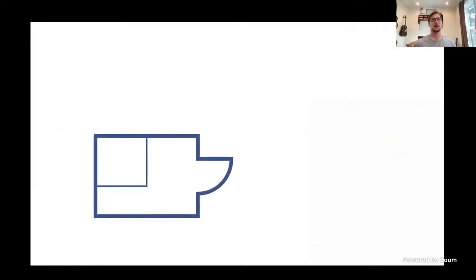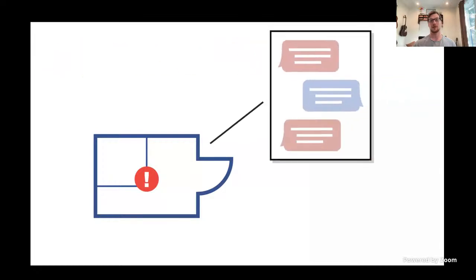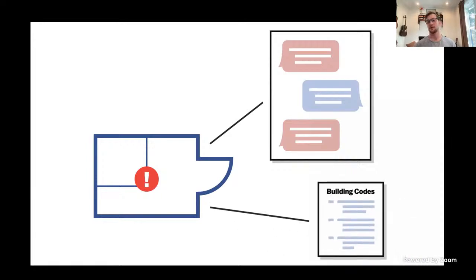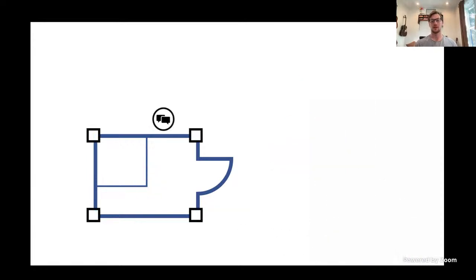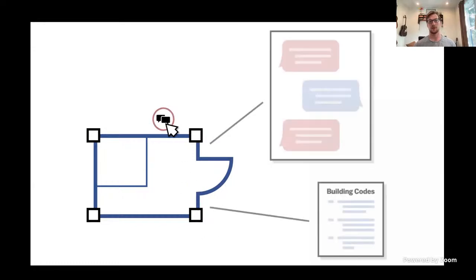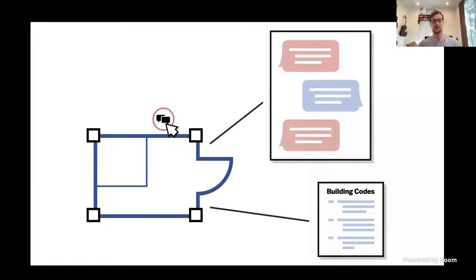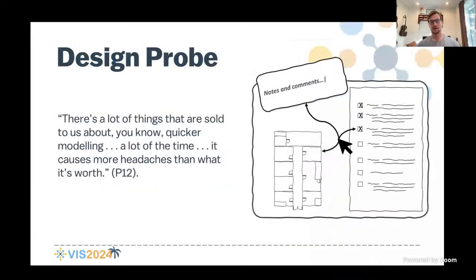We explored solutions where additional knowledge can be embedded in the design software, such as conversations with compliance officers, past applications of building codes to set precedent, as well as references to building code laws themselves. These could be retrieved at a later point in time when they become relevant, either during design or during future conversations with compliance officers. This is the actual design probe that we showed to the architects, and while it was